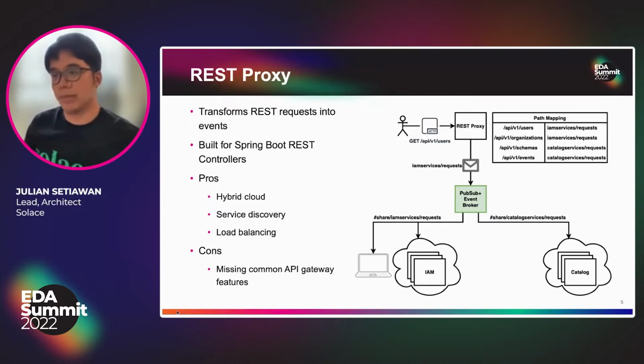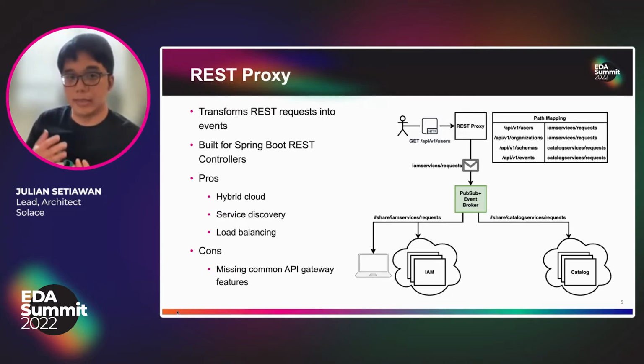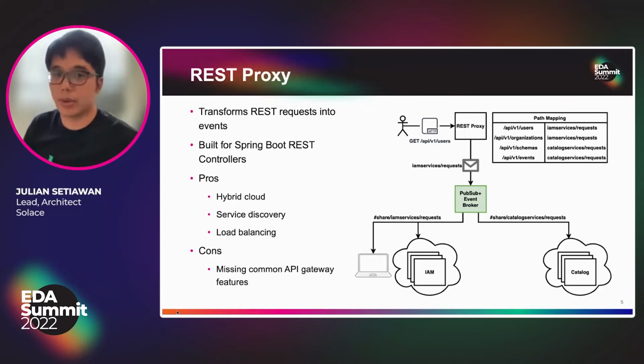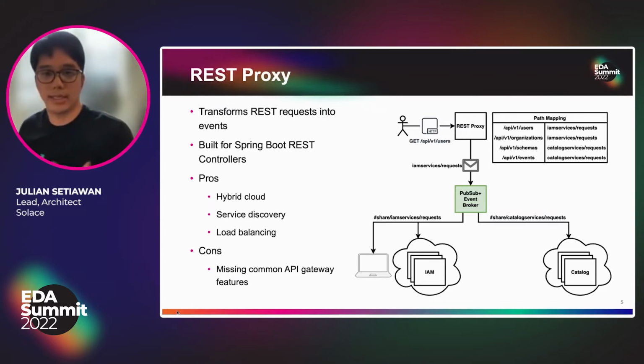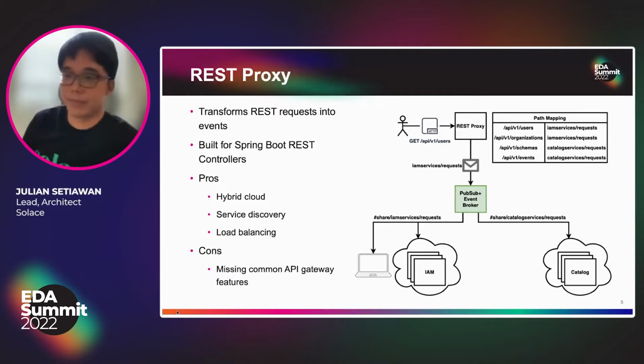When your microservice starts up, it looks at all the different request mappings and advertises them to the REST proxy. The REST proxy keeps track of different REST paths to different topics it should send those events to. When a request comes in via HTTP, it wraps it up in an event and sends it through the broker, and any microservice subscribed to that topic will pick it up and do its work. When it responds, that response is intercepted by the REST proxy libraries, wrapped again in an event, and sent back to the REST proxy, which then looks up a correlation ID to find out which client actually requested this and gives a response back via HTTP.